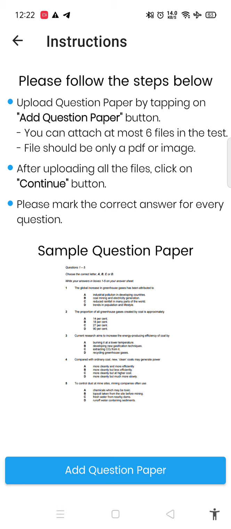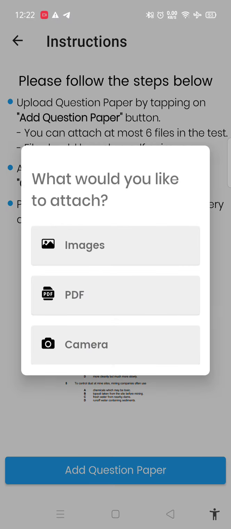Here you can upload any kind of question paper. For that, you have to write down your question paper, or you take a printout of your question paper. Then just click on the add question paper option here. If there is an image available on your mobile phone, or a PDF, or just a paper, you can choose any of all three options here. With the camera you can click a photo over here.